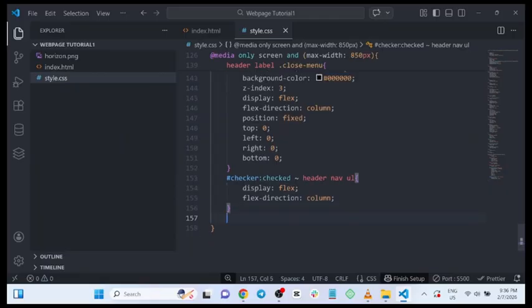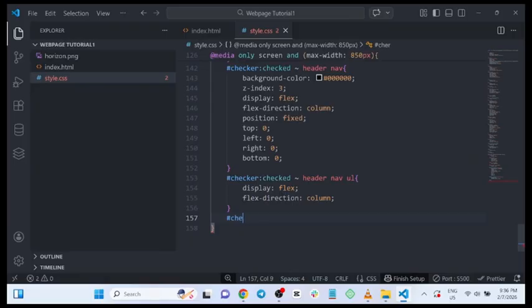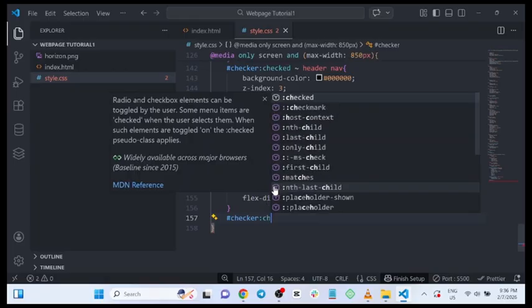Important. Now, the next thing is also when the checker has been checked,